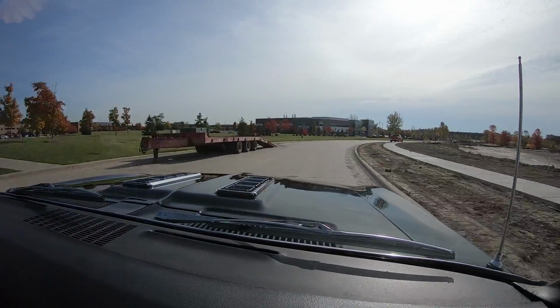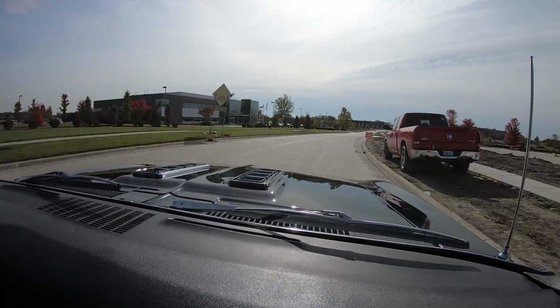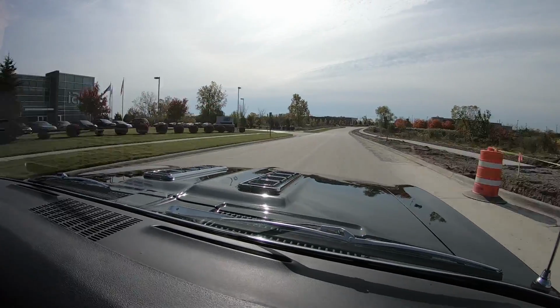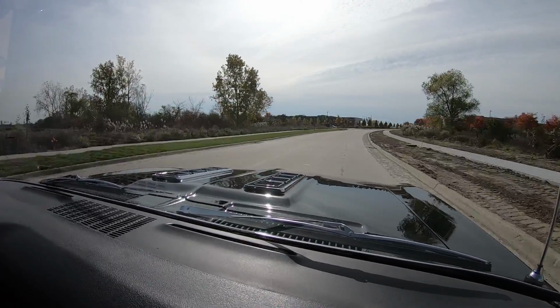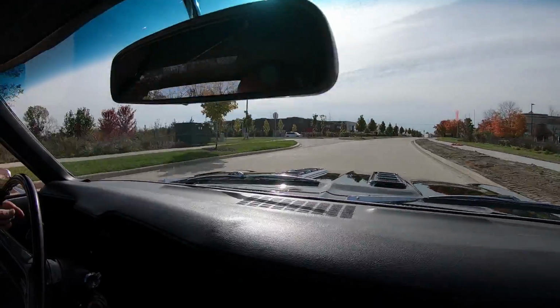Listen to that exhaust. Sounds awesome. The car's running great, feeling great, looking beautiful. Every one of these people out here walking and driving around or cranking their heads around and checking out this beautiful black car. Now you can see down here on the dash that the tack is working, the speedo is